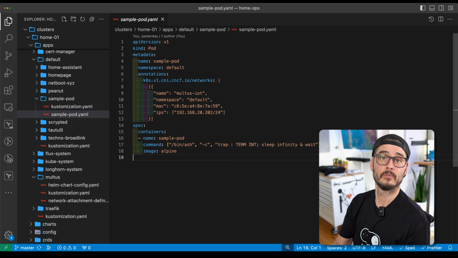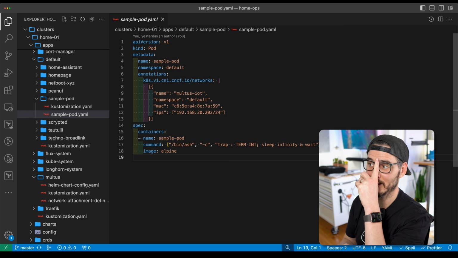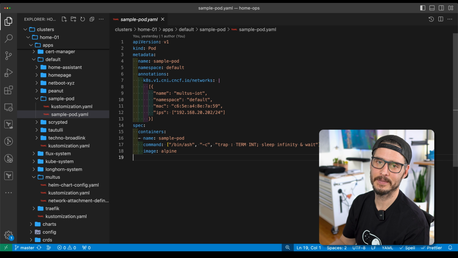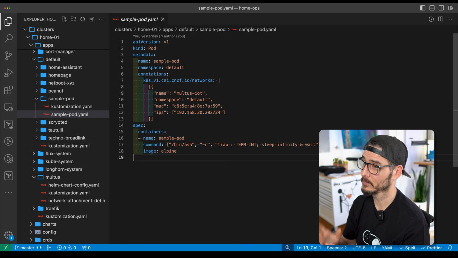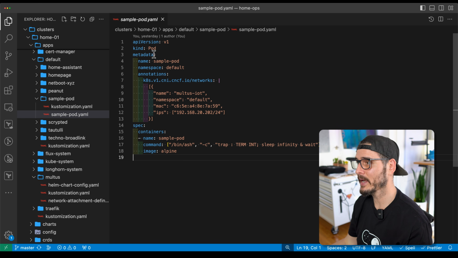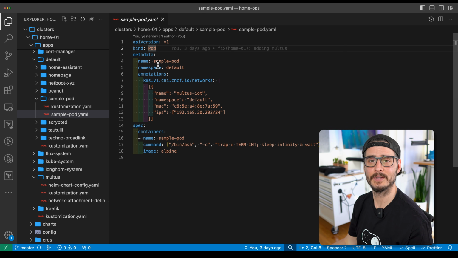The other half of the equation is then telling the pod to use this network attachment definition or use this configuration. How do we do that? Well, we add annotations to the pod. Let's do that. So here's a really simple pod definition that I must have applied 1,000 times while I was figuring this all out, but it's the minimum I need to be able to test this to see if it'll work. We'll do some advanced stuff here in a second with Home Assistant, but this is a pod definition according to Kubernetes. So I'm creating a pod, I'm naming it sample pod, I'm putting it in the namespace of default,